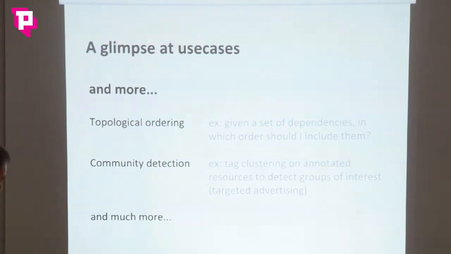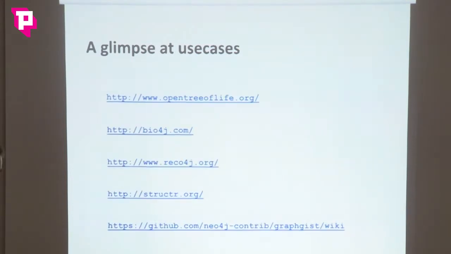Just a community of likings and taste, etc. But again, that's just a very short list, there could be much more. Now about real projects, there is an initiative called Open Tree of Life. Their idea is to list all species, I guess, to build a whole graph. And they use Neo4j for that.